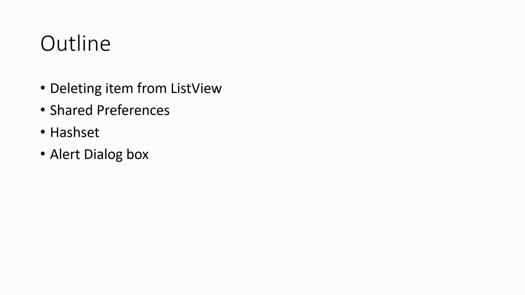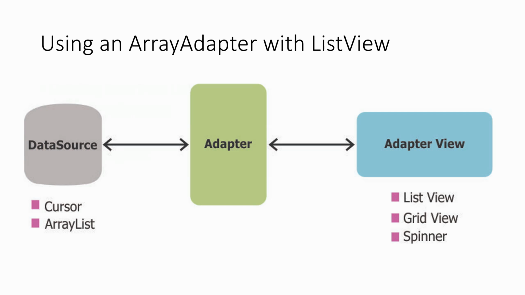Today we are going to discuss how to delete an item from a list view by long click, and then we are also going to discuss the important concept of shared preferences that allows you to permanently store data inside your mobile app. Then we'll discuss hash set, and we are also going to discuss how to use an alert dialog box in your app. So before going to the coding part, I would like to tell you